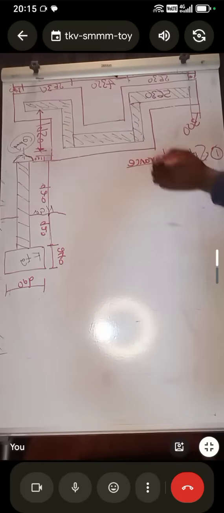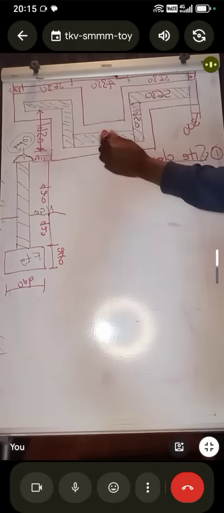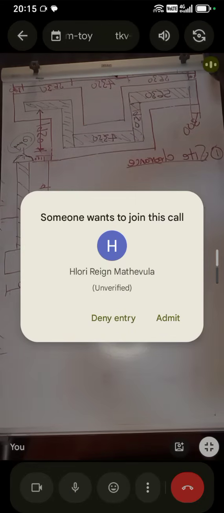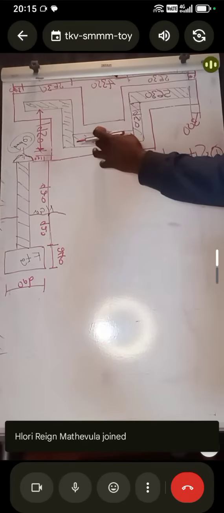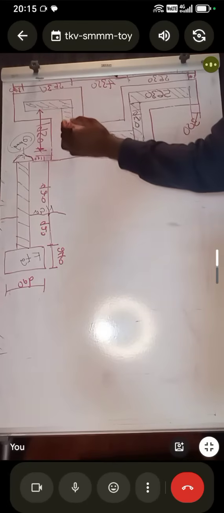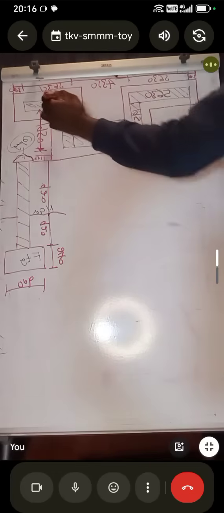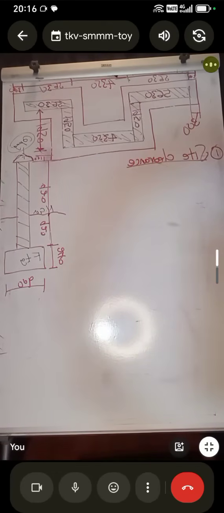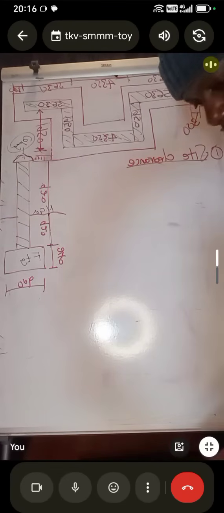That means here we have 1950. And then here we are given 4350, and on this side we're going to cut like this. We also have 1950, and this side we're given 5630. For you to get the total length of this wall, the thickness of the wall according to the drawing,